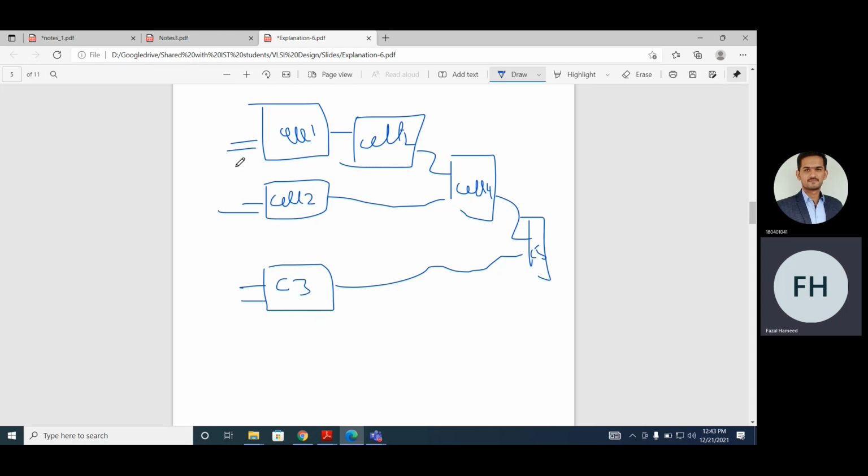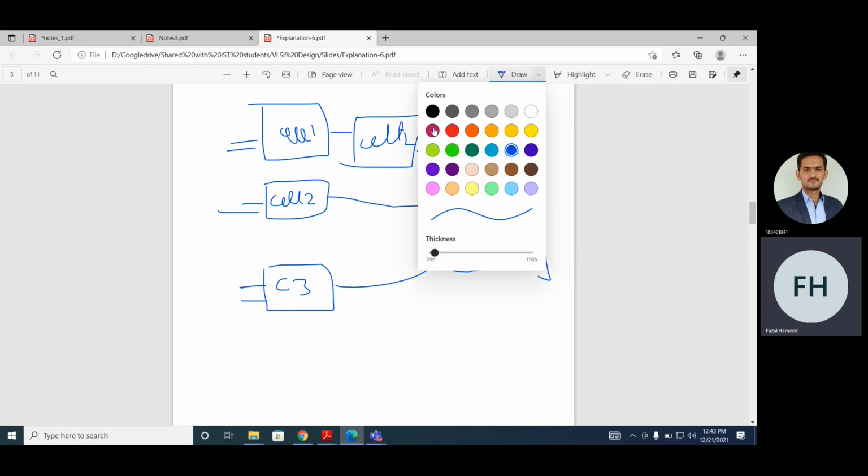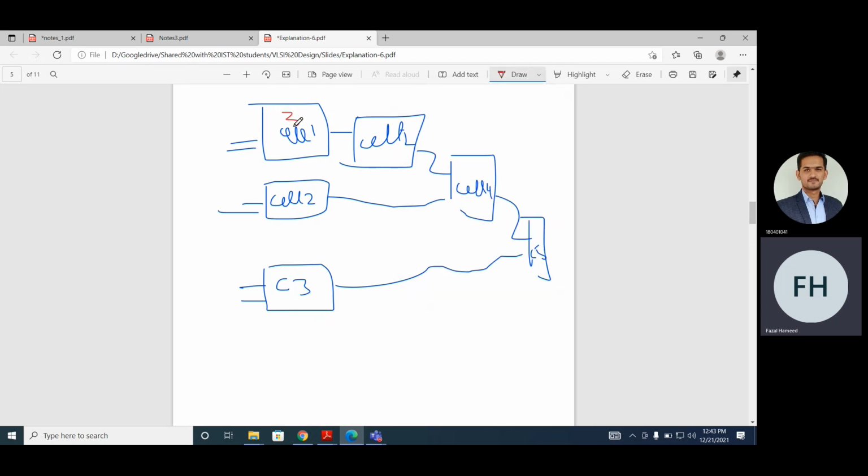Maybe cell 1 is more complex. Maybe cell 2 is more complex. So let's assume this cell has a delay of 3, this cell has a delay of 2, this cell has a delay of 1, and this cell has a delay of 2. Let's assume this cell has a delay of 9, and this cell has a delay of 2. Which one is the critical path? This one is the critical path.